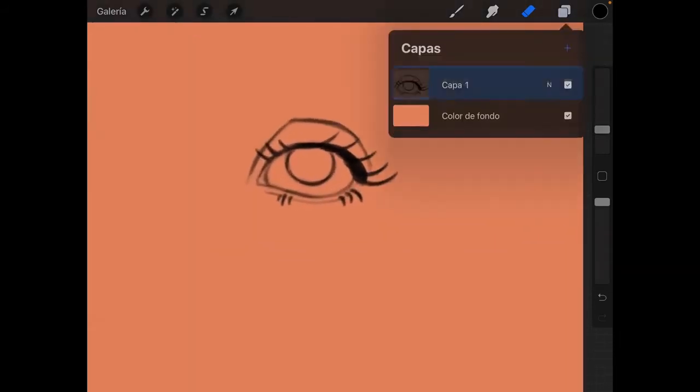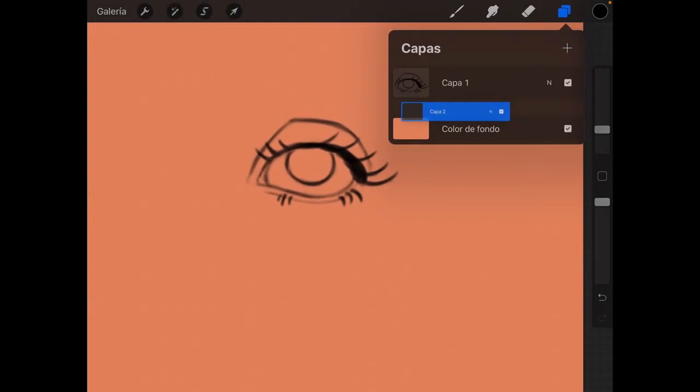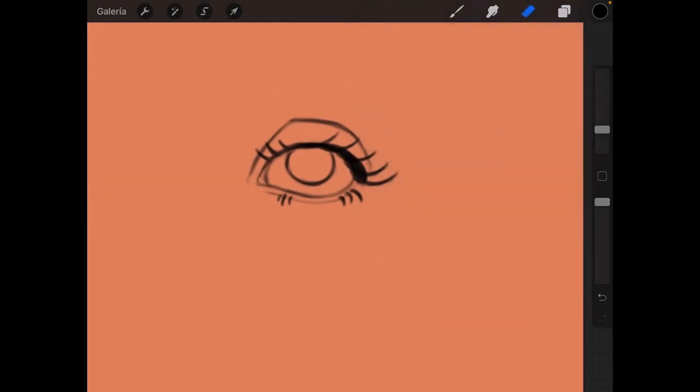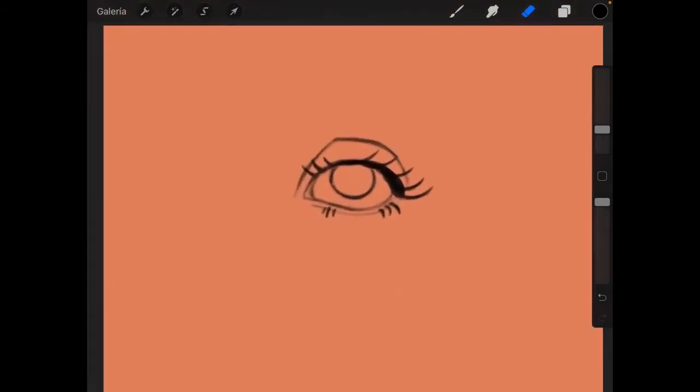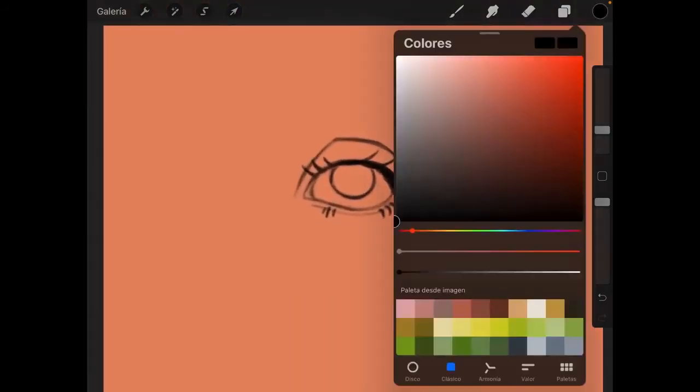I'm going to add a new layer below my sketch layer, and I'm gonna start by coloring. Commonly I like to use a blue color, pretty desaturated, going to the gray part, almost in the middle,